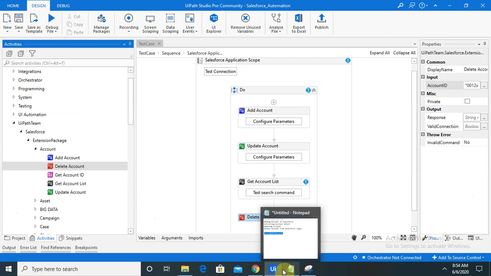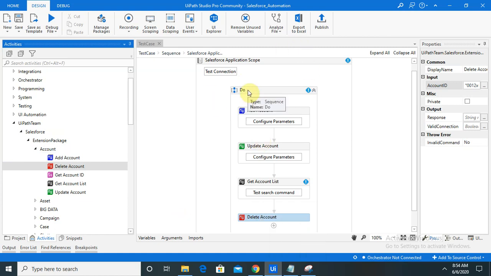So let's recap this. Before automating Salesforce activity, we'll need to have a Salesforce account. Just go to developer.salesforce.com. After creating your account, just have to configure that account with UiPath. For configuration, please watch my previous session, Salesforce integration in UiPath. After watching this, you are able to successfully connect your Salesforce account with UiPath.